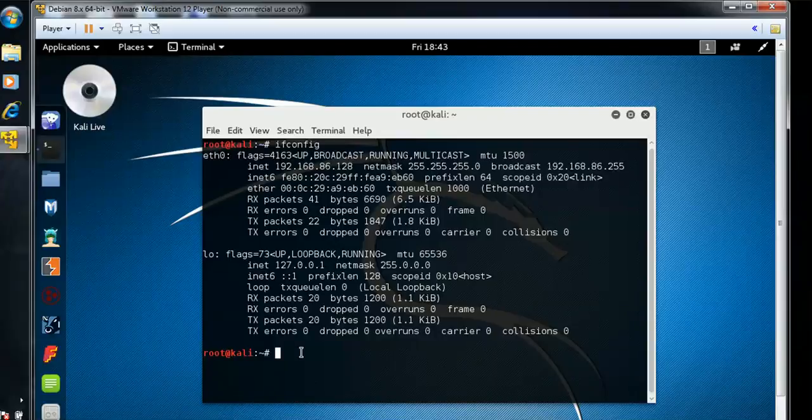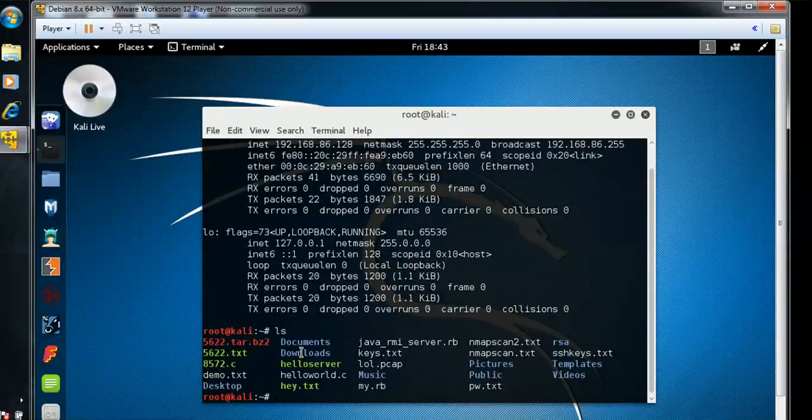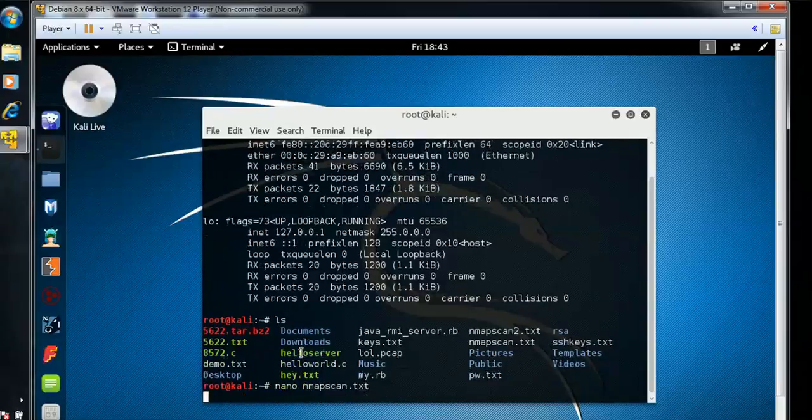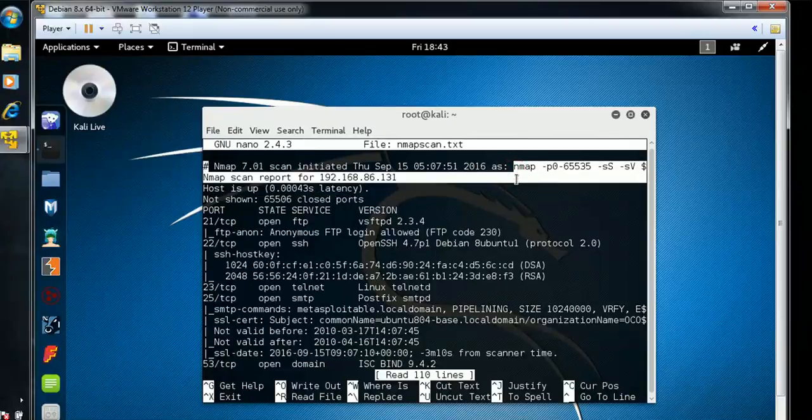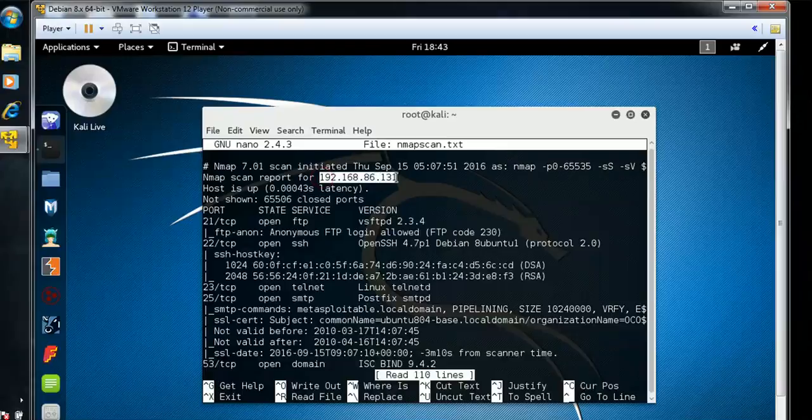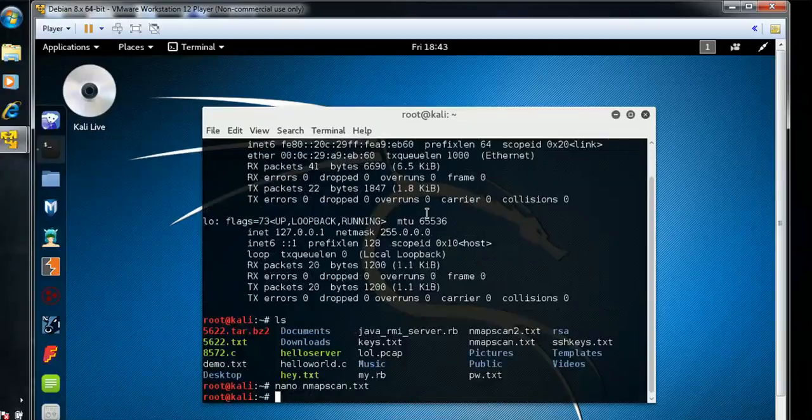Okay, now check the port scanning list of the Metasploitable2 machine, that is, nano nmapscan.txt. Okay, here is the port scanning list of the Metasploitable2 machine, the IP address of the Metasploitable2 machine. Okay, now cat nmapscan.txt